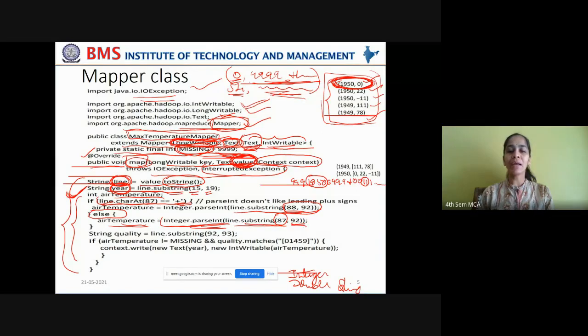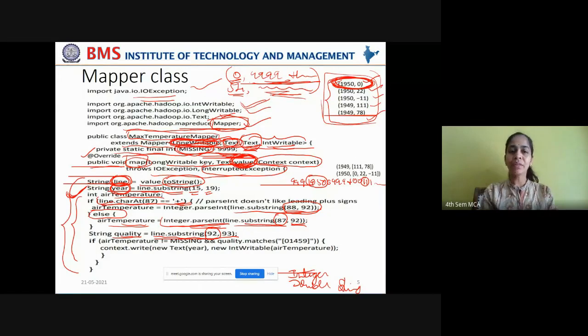But at the same time, you have to check the quality code also, to know whether the data is correctly captured or not. For that, you take a variable called quality of string type and check in that string if the character at the 92nd location is equal to some pattern.